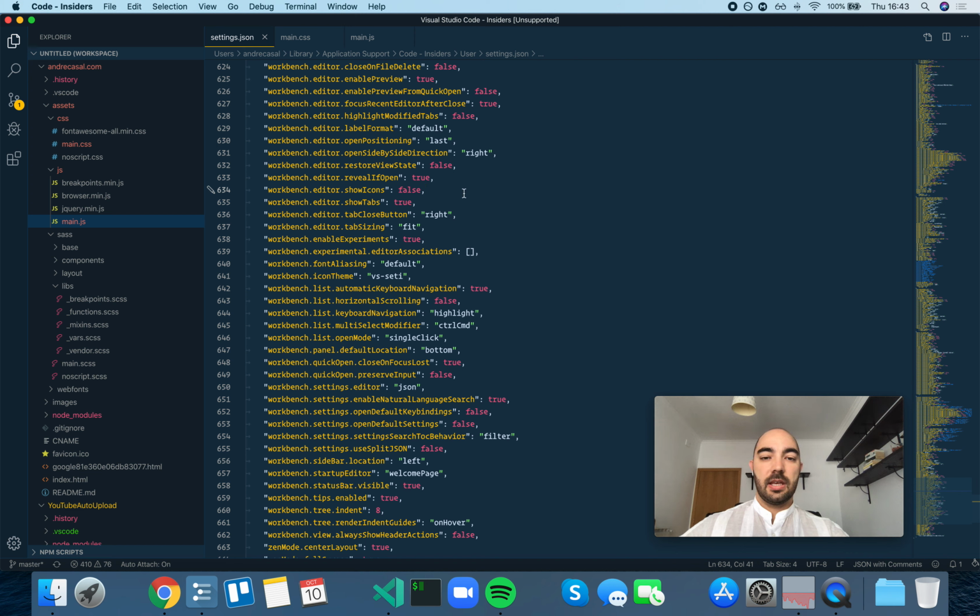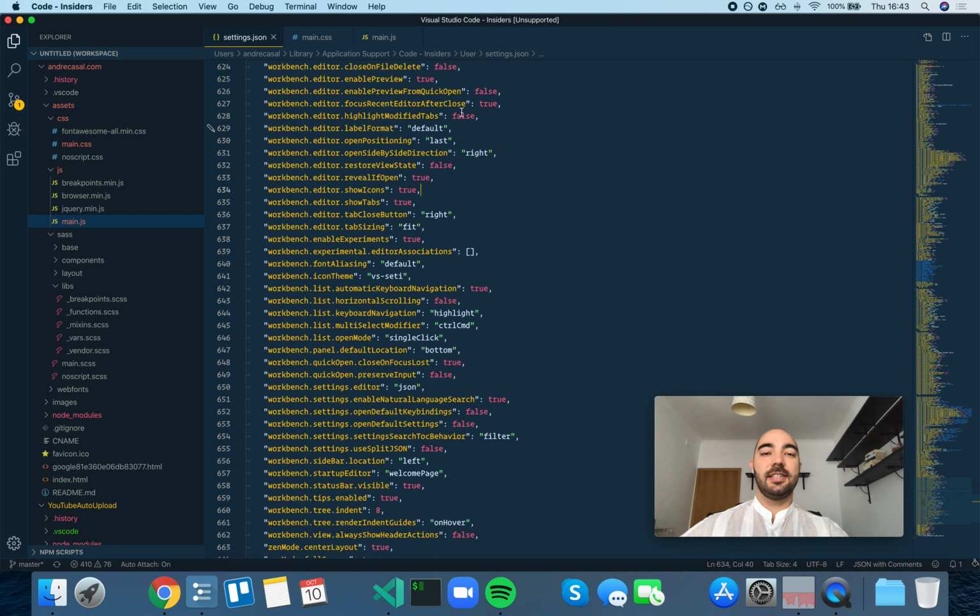Now, I do enjoy having those icons there because it's faster for me to visually identify the files that I'm working on, especially because my mental model for working with files defines not only the content of the file but the type of file, and it's much faster to identify a type of file by its icon than by reading its extension, right? So I know that this is a file, just by looking at this, like a quick